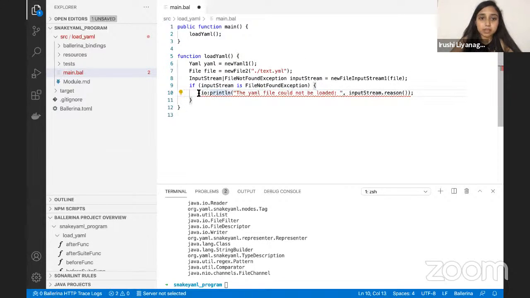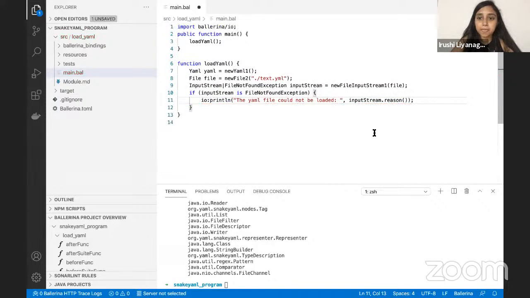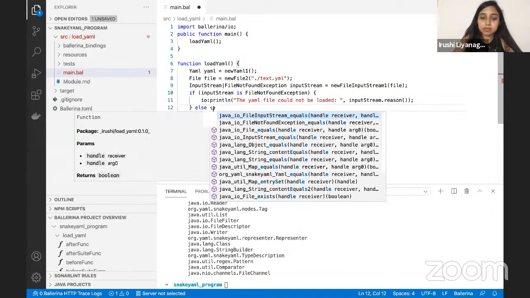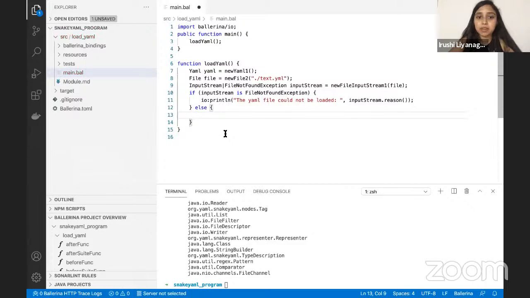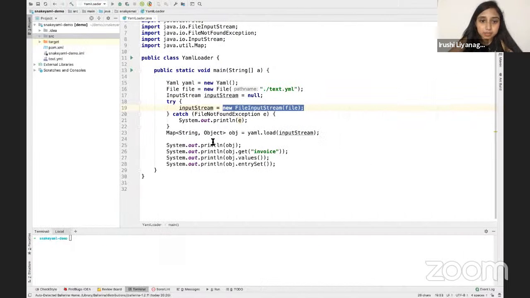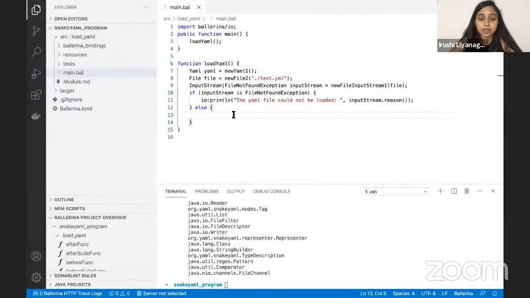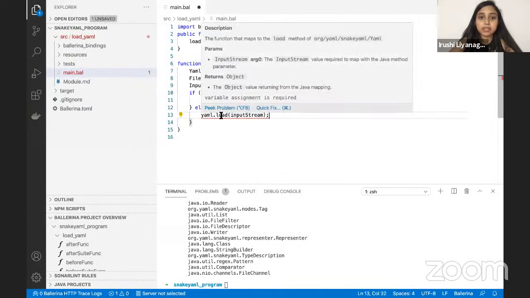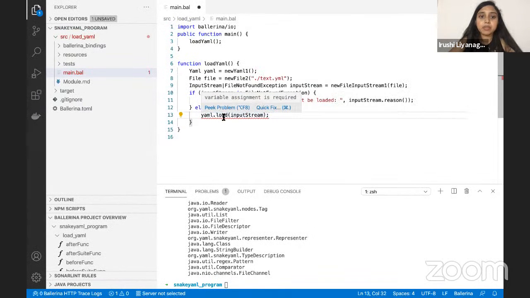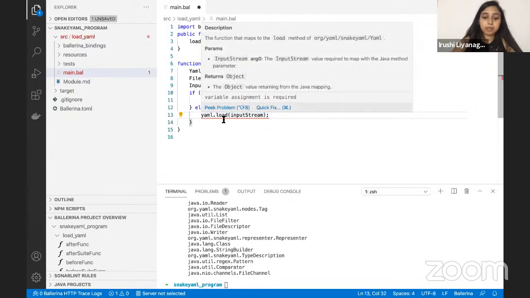So in order to use this io.printf, we need to import the Ballerina IO module. Okay, and we can go to the happy bar. And then if it is there, I'm going to load this YAML file. Okay. So basically, if you look at the load method of this YAML object,